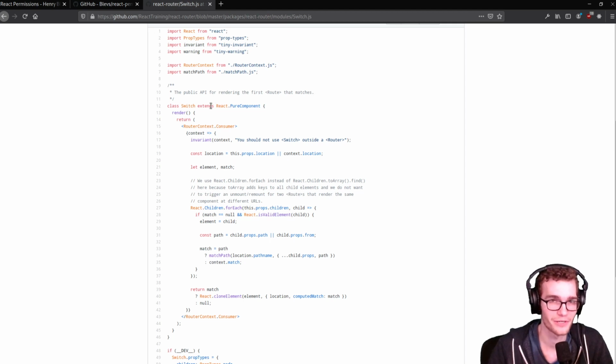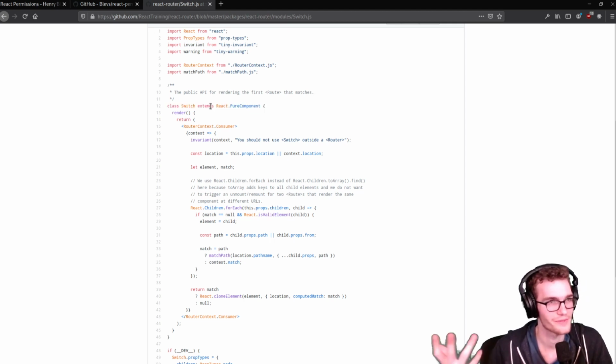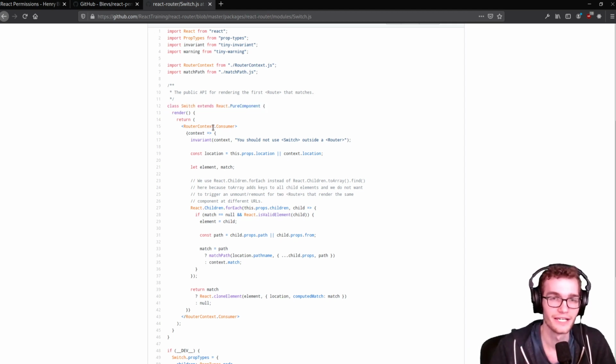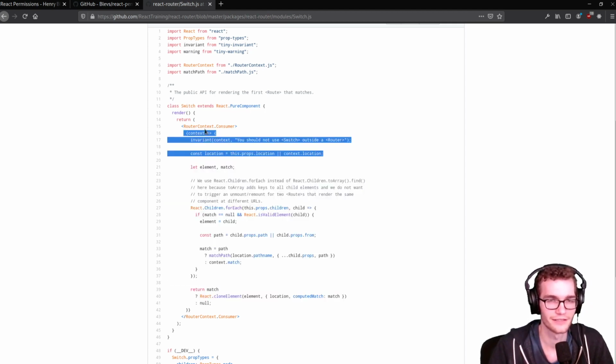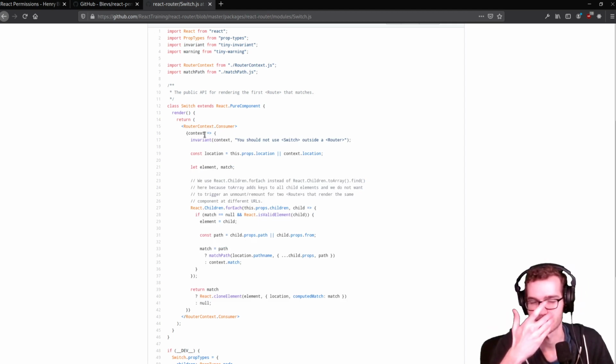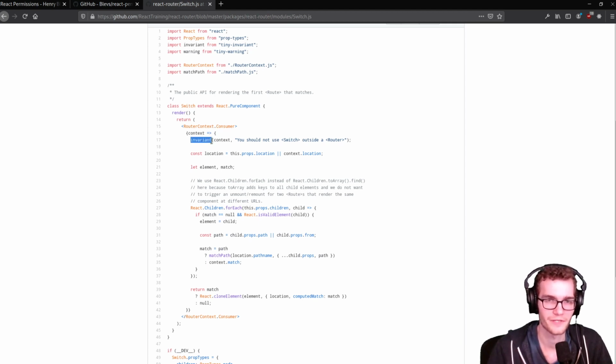It's a class-based component, right? You could use a functional component for this now, but why fix code that isn't broken? It uses the old style of context consumer, where context.consumer is a component that accepts a render child, a function child. So we would use our useContext. This is just the same code we have with usePermissions. It's doing the same thing we did with throwing the error if it's null. That's all this invariant is. And then what it's doing is it's using a function called